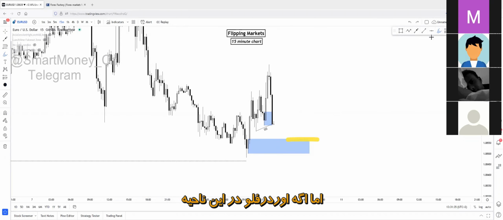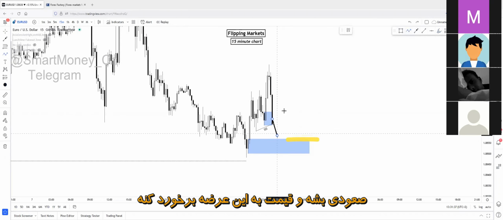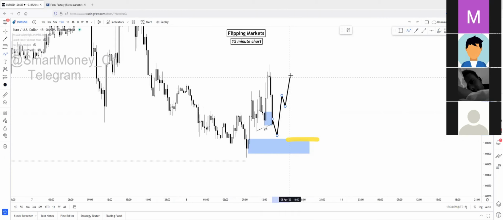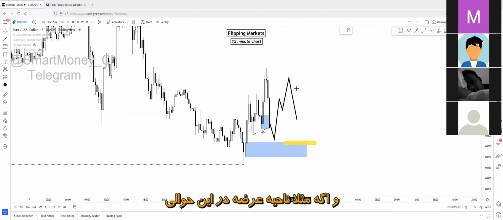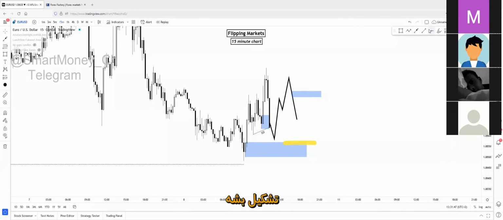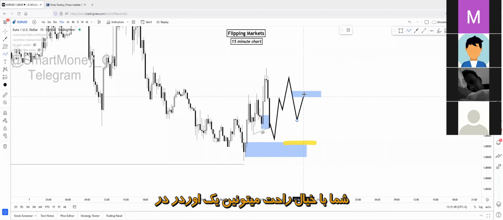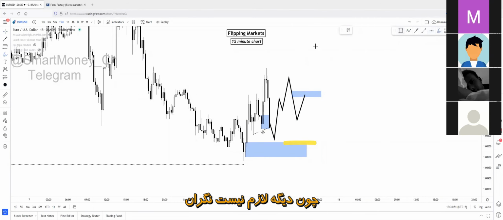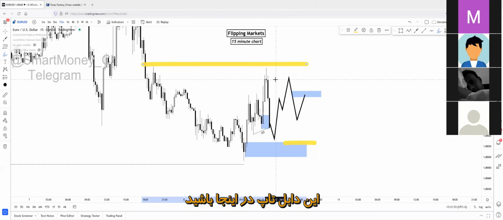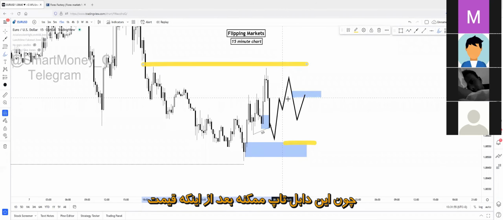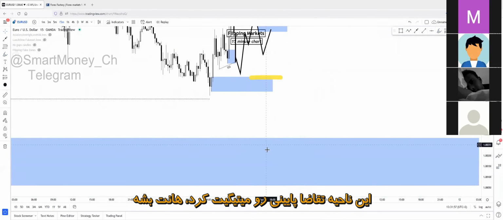But if price creates an upside order right here at this region and creates a tap of this 15-minute zone, and creates a huge change of character, and the supply zone will be somewhere around here, for example, you'll be able to safely execute an order on this supply zone because you don't have to worry about the double taps right here, because those double taps will be swept after the deeper demand mitigation right here.